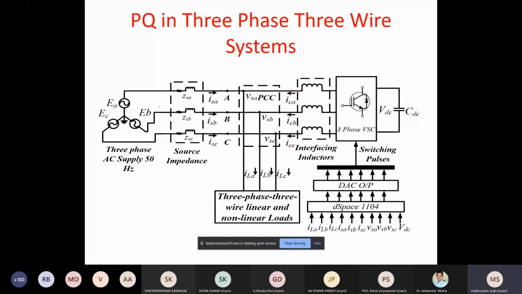and you have the load here, linear and non-linear loads. So you have some RLC load, maybe some motor load, or a non-linear load, meaning some rectifier loads also here. Because of that, this side current is no more sine, obviously. So if the load current is distorted, and still you want the source current to remain sine,